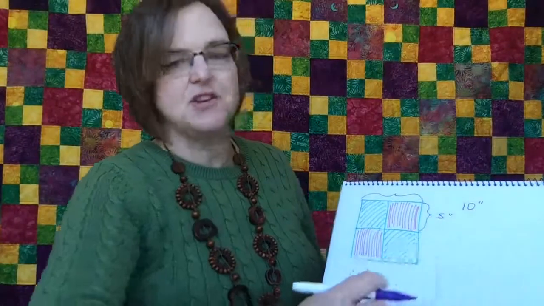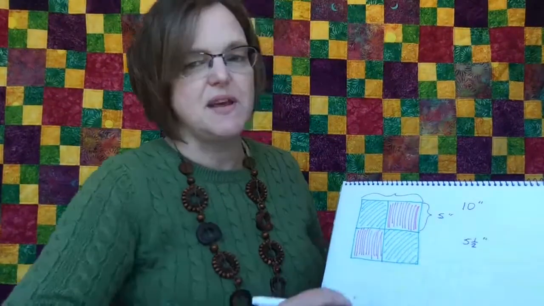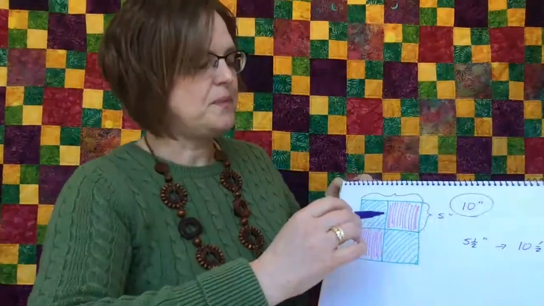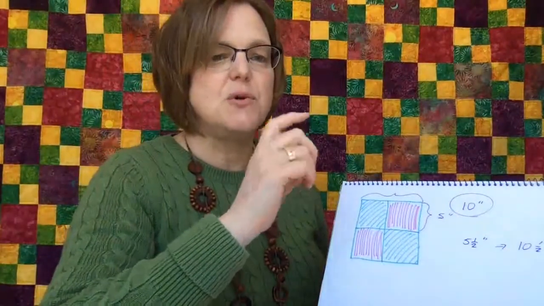So if we cut out 5.5-inch pieces and put them together, then we're going to get a square that is 10.5 inches. And then when it's all together in the quilt, it's going to be 10 inches. So just remember, when you're doing the math, dividing by 2 or multiplying by 2, you have to remember: is this with the seam allowances or without the seam allowances? So I'm going to give you another